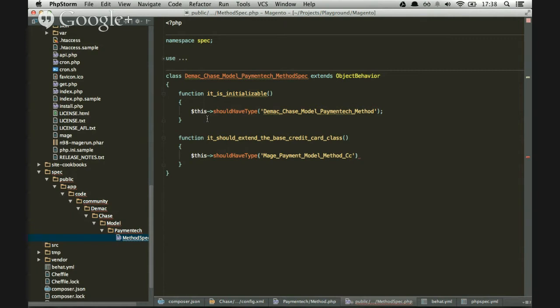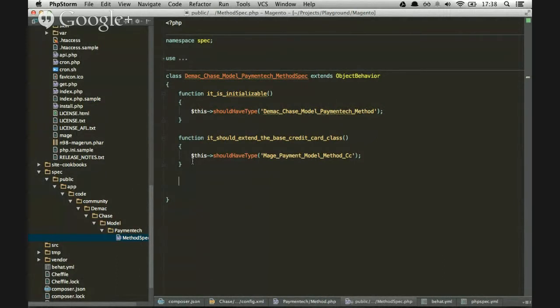Here we go. I think I have that right. Let's do another one. Part of the Phpspec is the way the tests and the specs are described, which is a very simple and descriptive language